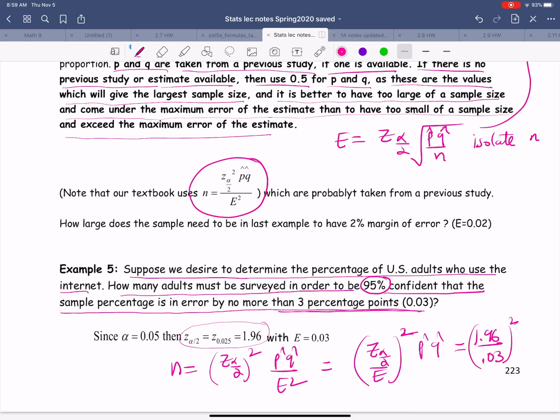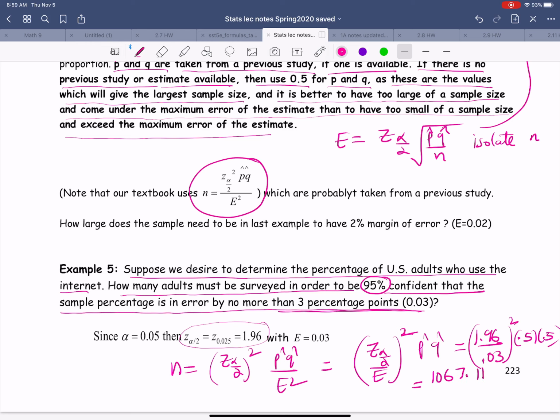And P hat and Q hat, do we know these from a previous study? Looks like we don't. If we don't know P hat and Q hat from a previous study, we would use 0.5 for P hat and 0.5 for Q hat. We just assume that 50% of the people said one thing and 50% said the other. That's what 0.5 for P hat and 0.5 for Q hat mean. And when we simplify, that turns out to be